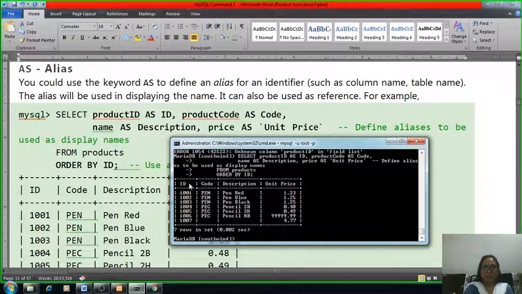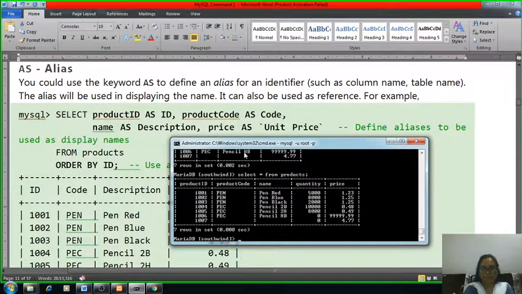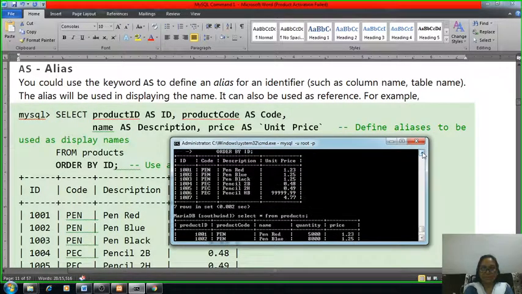So what was the previous table? Select star from the table. This one is the previous table, where the column name is product ID.